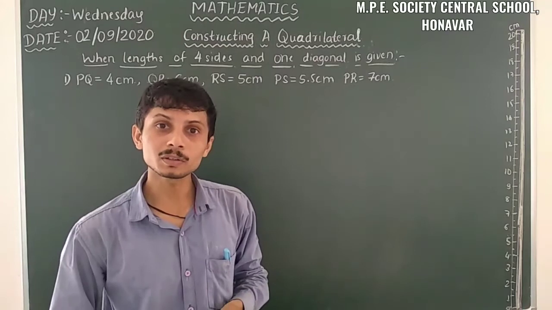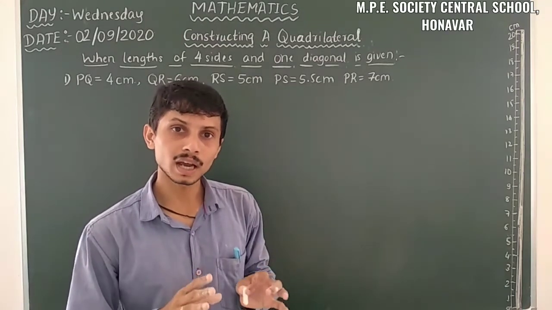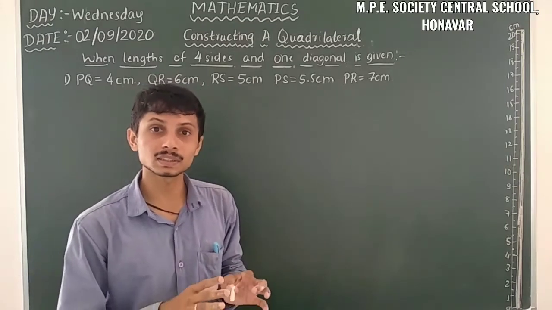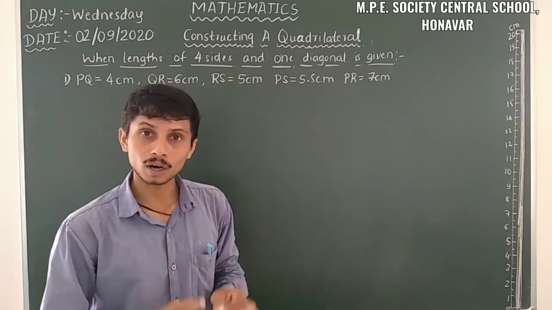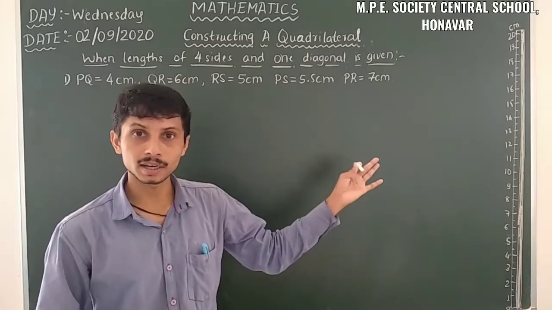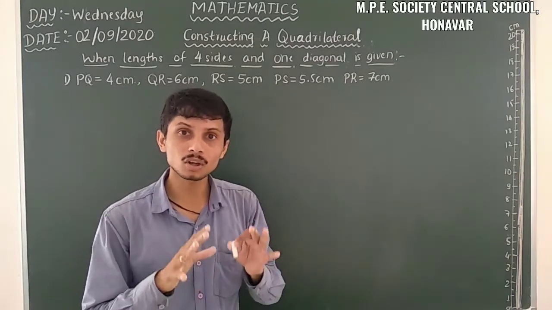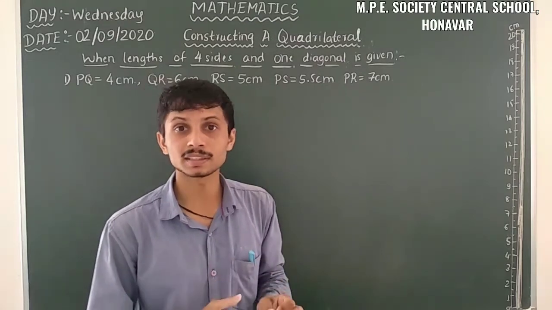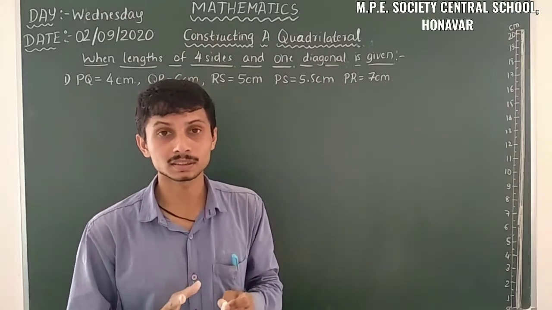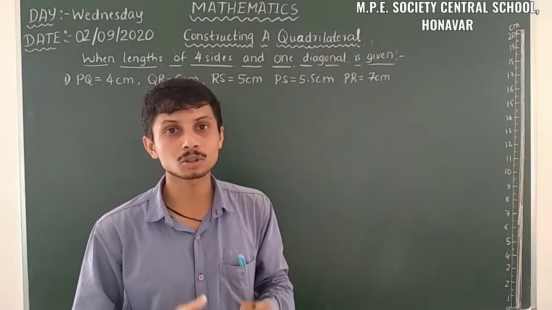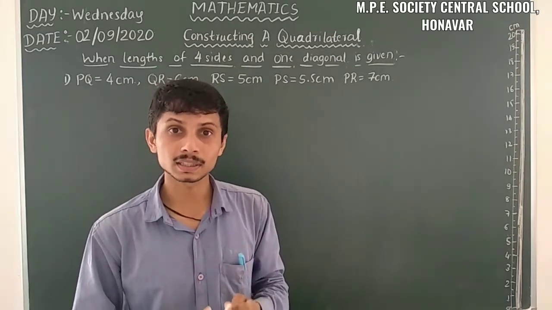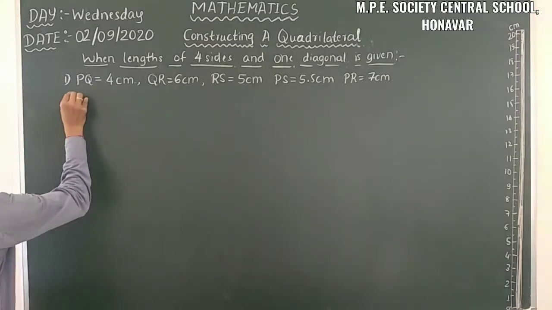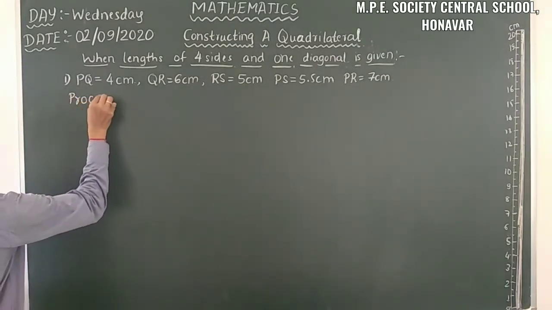Firstly, we have to construct a rough sketch of the quadrilateral. Given the quadrilateral, we can visualize all the things in it. Because of picturization or visualization, we must draw a rough sketch. So it's a procedure, and we have to go with the procedure.